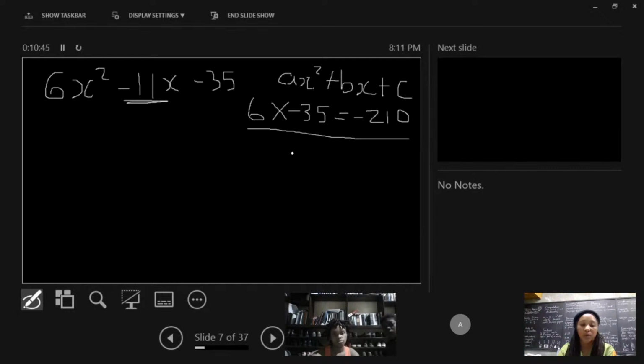So we could list out all the pairs of factors that multiply to give 210. You don't have to. If you have developed the skill, and the more you practice solving quadratic equations or just factorizing expressions,